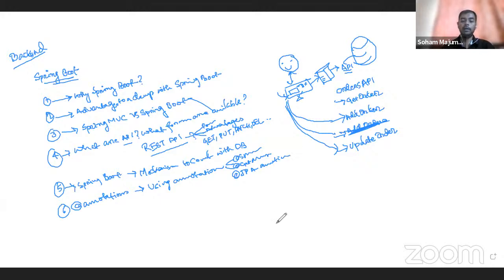Then I believe the next item will be on your database. A common question would be on the database types. If the interviewer asks what the different types of databases found today are, there are two types: one is RDBMS, and the other one is